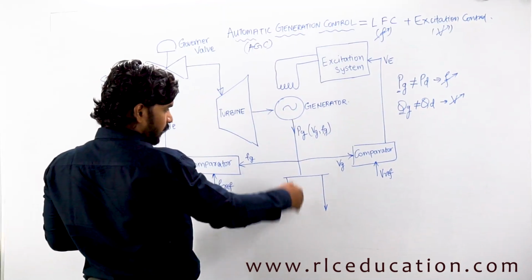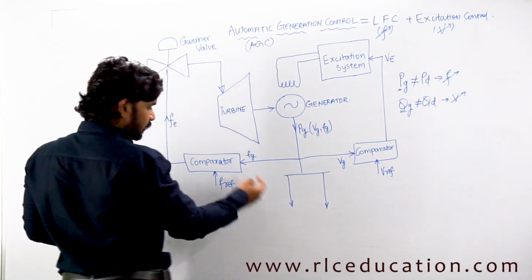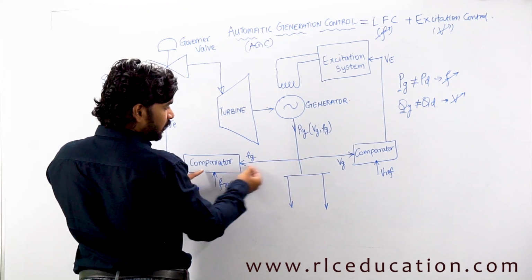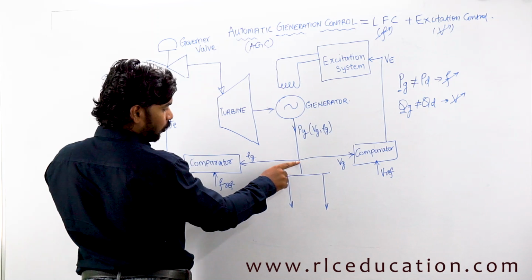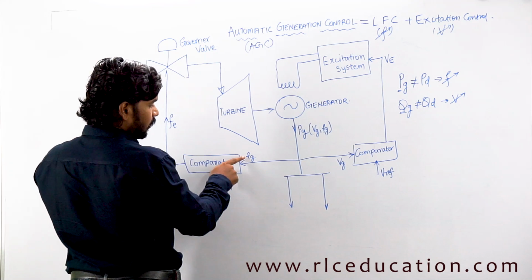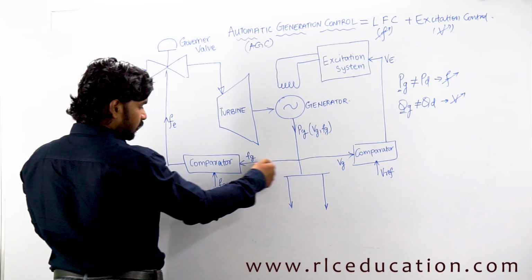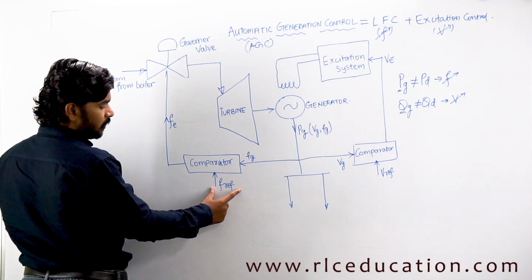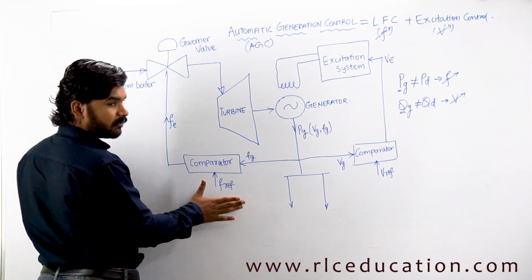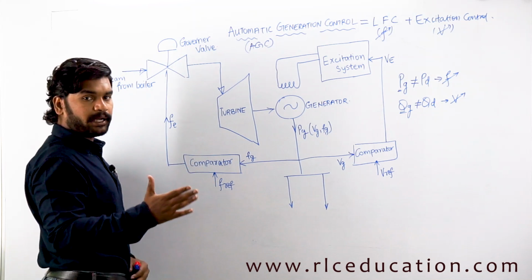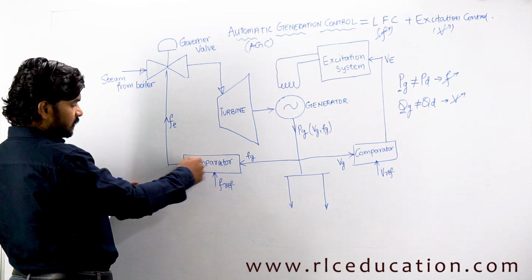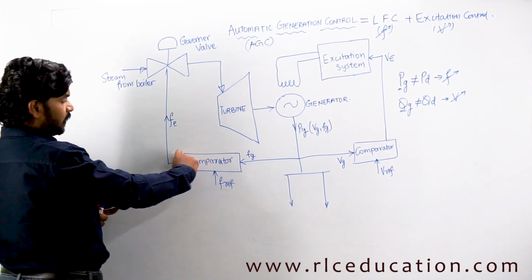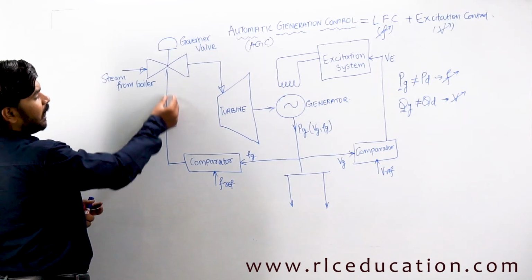So now when active power is being delivered into the bus, there is a comparator over here. This comparator is receiving the frequency. The frequency from the outgoing of the generator will be sensed. The frequency sensed is FG. That will be fed to a comparator over here. To this comparator, I am already giving an F reference, a reference frequency, or the frequency which has to be maintained. If there is any difference between reference and generated frequency, there will be an error signal generated, and that error signal